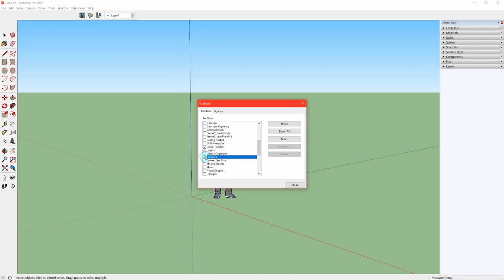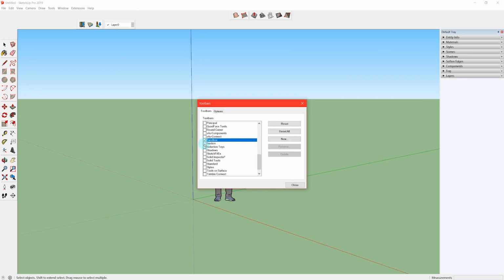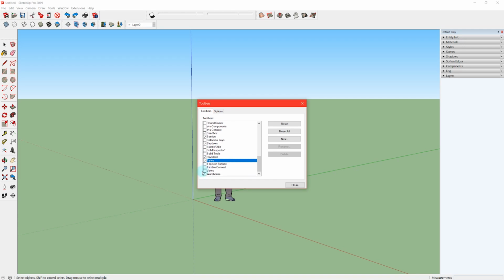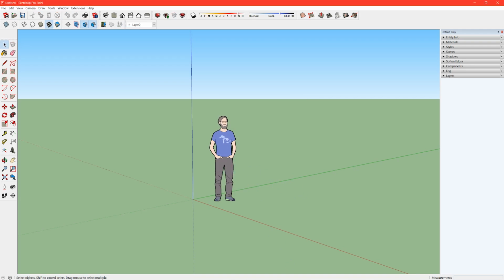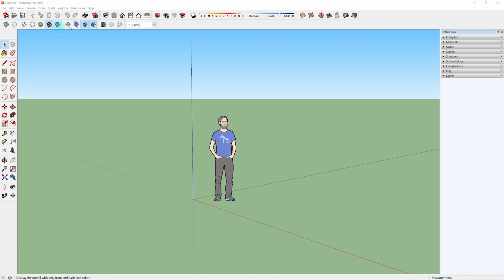that we want. For starters, I like to shut off the Getting Started toolbar, turn on the Large Tool Set, and then you can see here, I go through and I turn on a couple more, including the sandbox tools, the section tools, shadow tools, the layer tool, just the standard styles, views, and warehouse. And in general, these are going to be the ones, or really the only ones that you need. For now, we're just going to stick with the default tools in SketchUp, and in the next video, we'll go